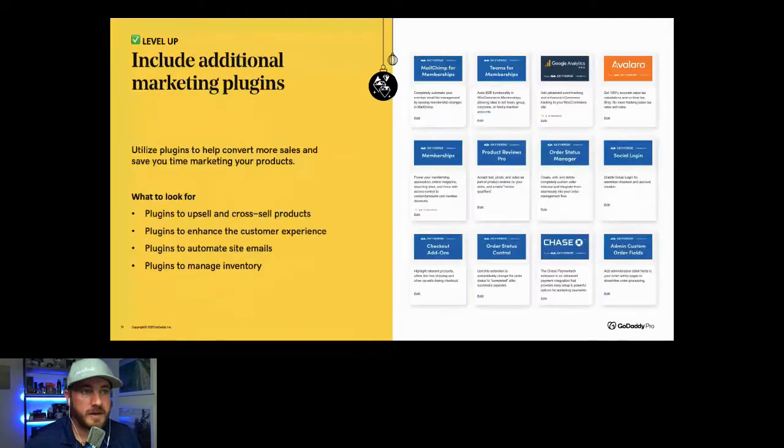Including additional marketing plugins. So this isn't an all-inclusive list, but I do have a handful of additional marketing plugins that I just wanted to share for WooCommerce. Utilizing plugins will help you convert more sales and save time, and that's always a great thing, especially in this busy time of year. Things to look for are plugins that will upsell or cross-sell your products for you, plugins that enhance the customer experience,